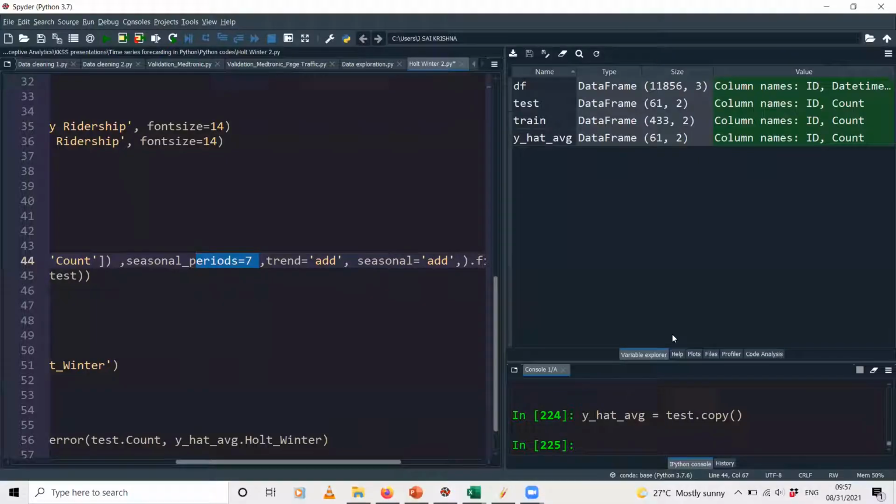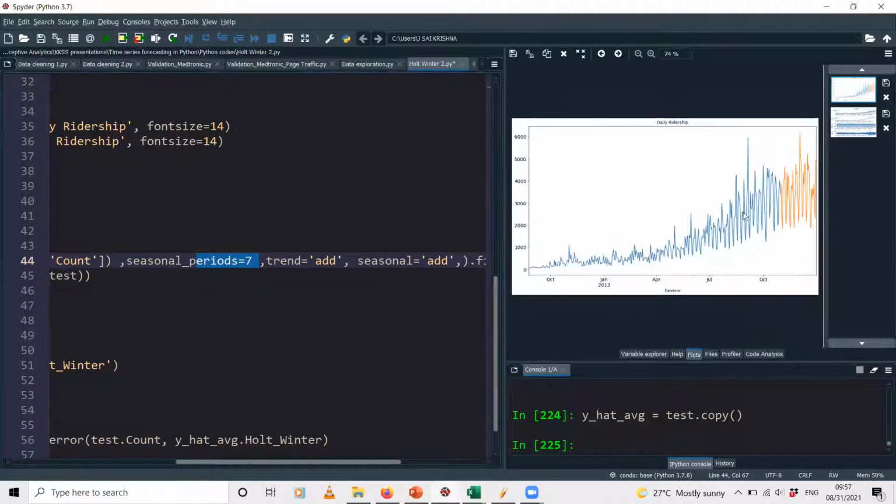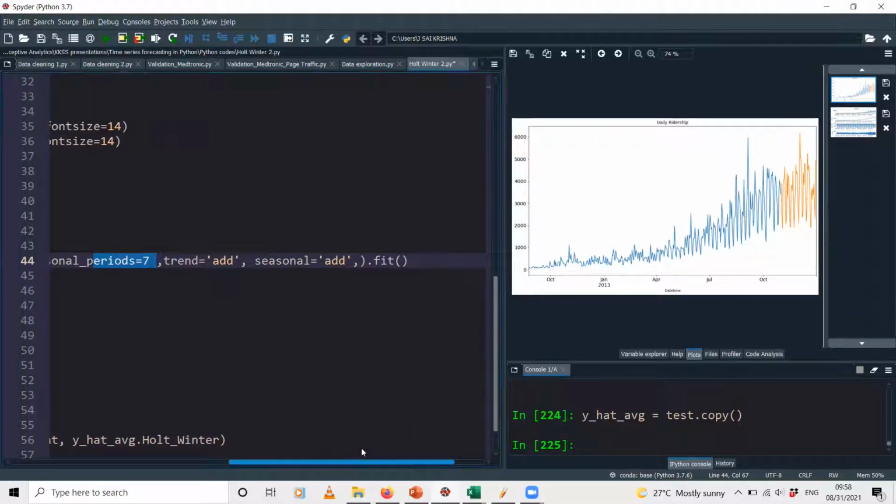Let me just go back to the plot that we had over here. This particular picture. Now, if you see the height of the ups and downs, they are roughly the same, right? Though there is an increasing trend, the height of the peaks and the troughs are roughly the same. They do not increase with time. The size of the ups and downs does not increase. So we can reasonably conclude that the trend as well as the seasonal components are additive in nature in our data. Okay. So these are the three components that you specify for the triple exponential smoothing model.